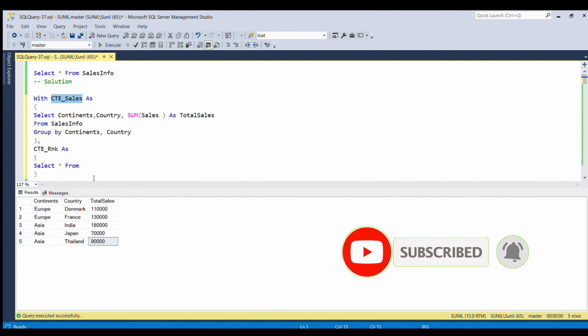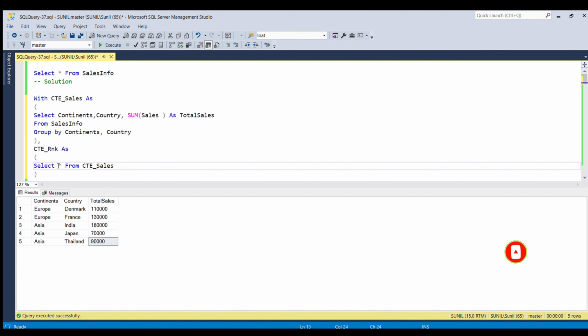Let's copy this and paste it over here. After that, I'm going to replace this star with actual column names. So continents and country, I'm going to copy it, and I'm going to copy the total sales column as well.